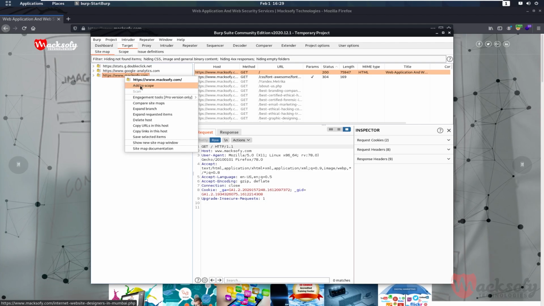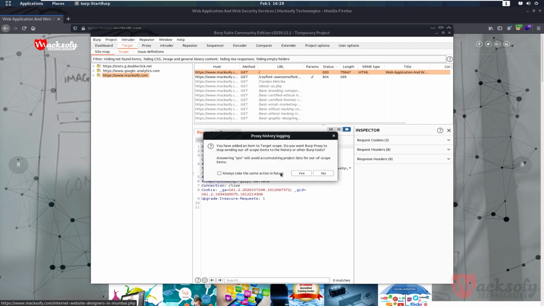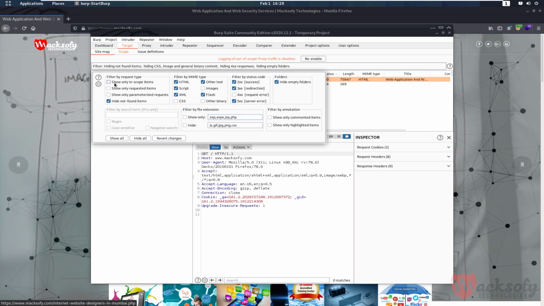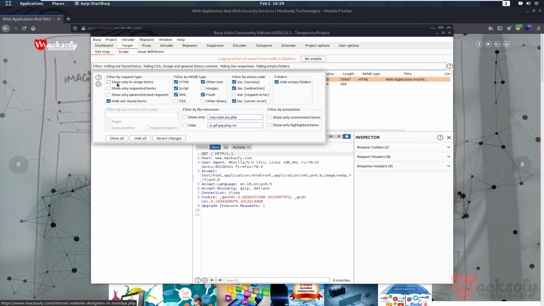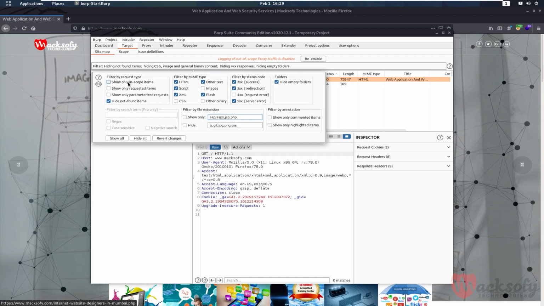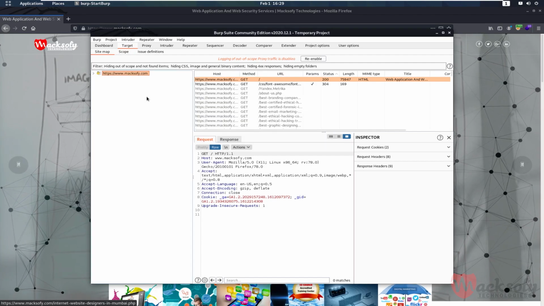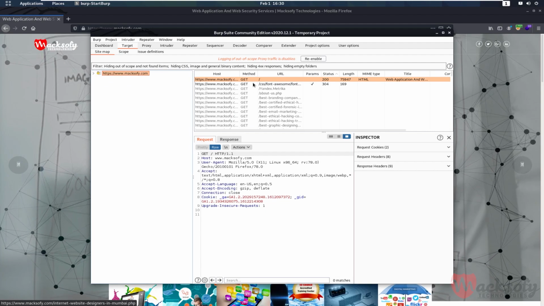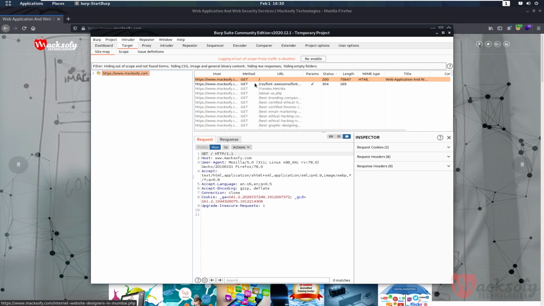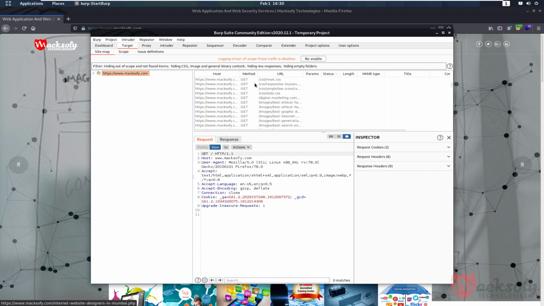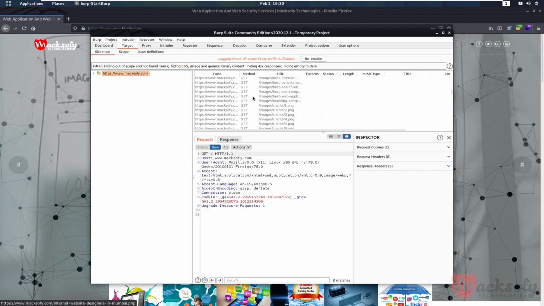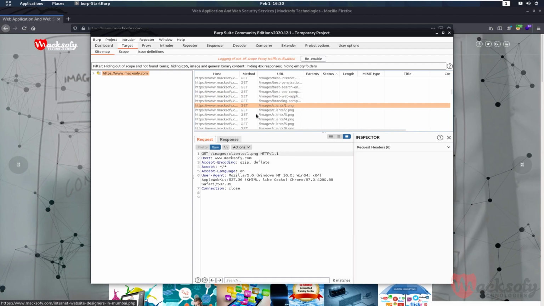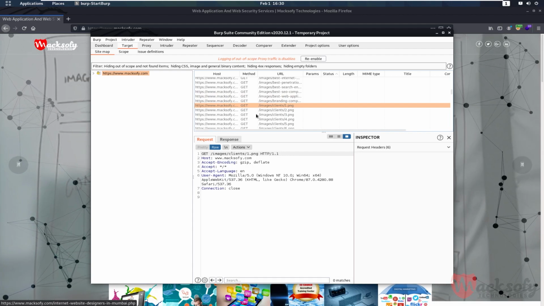Now on the target you can see that we have the maxoffi.com website where you can right click on it, add to scope, and then click on yes, and then click on filter items, and there is a filter which you can set as to show only in-scope items. So click on it and you will see that we have maxoffi.com over here. On the right side of the tab you can see the pages of this website which you can crawl through one by one.